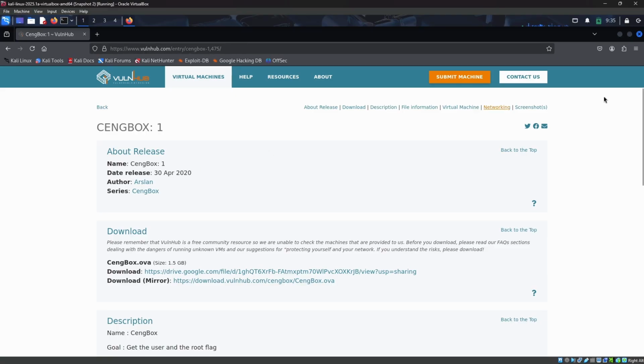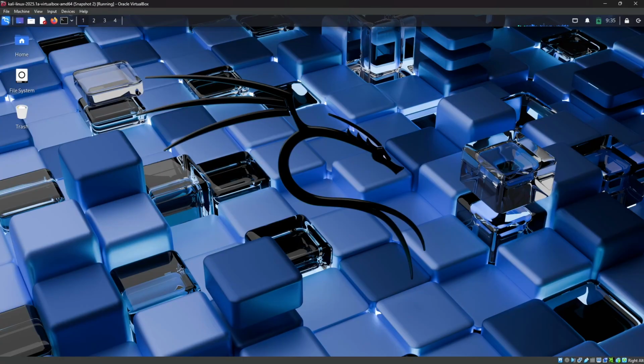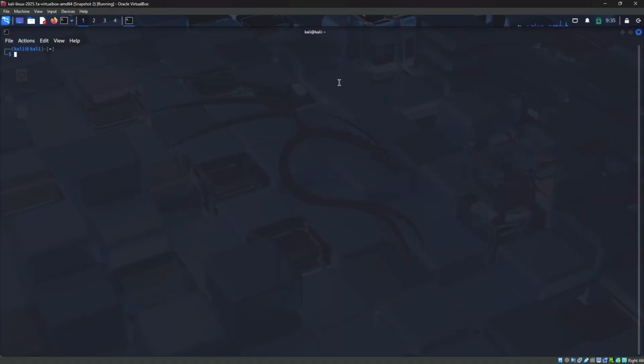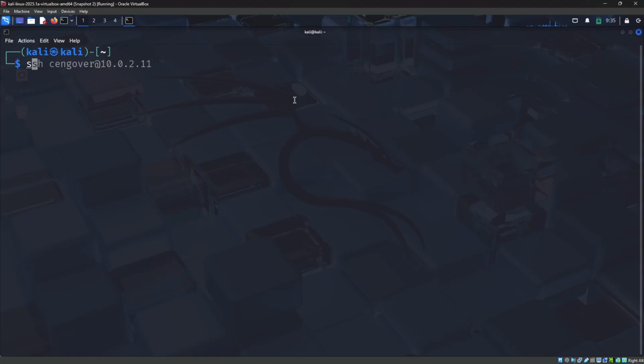This is CengBox 1. You just need to download this mirror link and double click the OVA file. After that, you'll be able to import it in VirtualBox. Put it in Bridged mode, and put Kali and CengBox 1 in the same mode. After that, you can enter the command sudo arp-scan -l